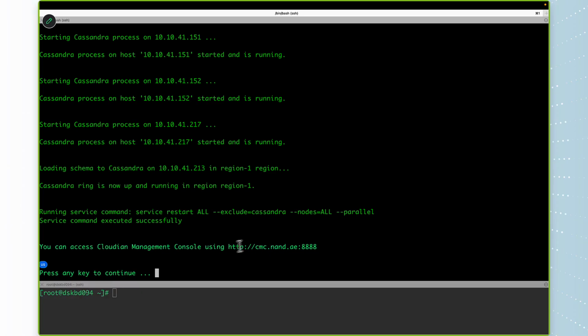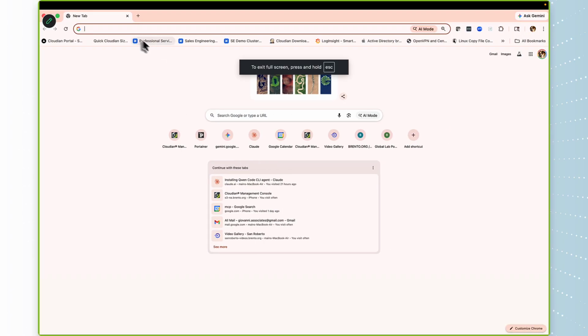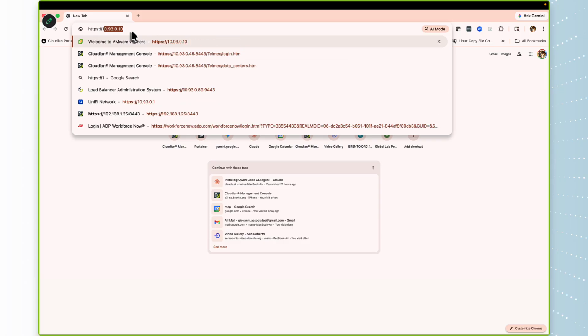Since I'm on a VPN, and this isn't a DNS, we're going to go to one of the IPs themselves. So we're going to connect to the service IPs, not the InfiniBand IPs. So give me a second here. So what we're going to do now is exit out of this. Installation is complete. And now we're going to go to a browser and we're going to type in the IP of